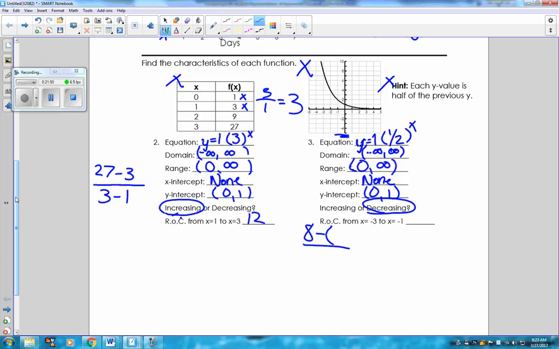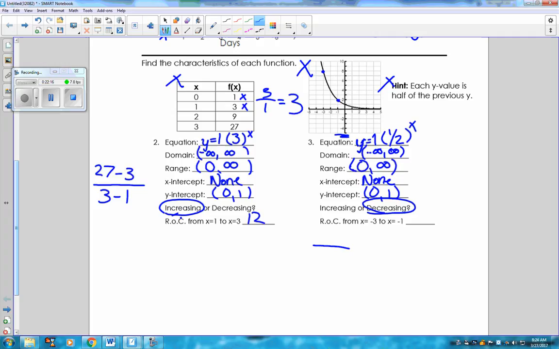So negative 3 is there. Negative 1 is here. Okay. Remember, y2 and y1 goes with x1 and x2, if I'm reading it from left to right,